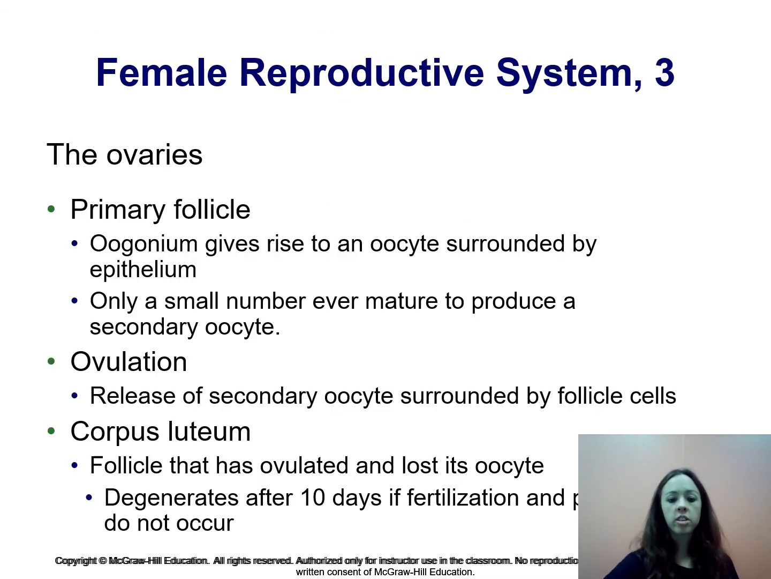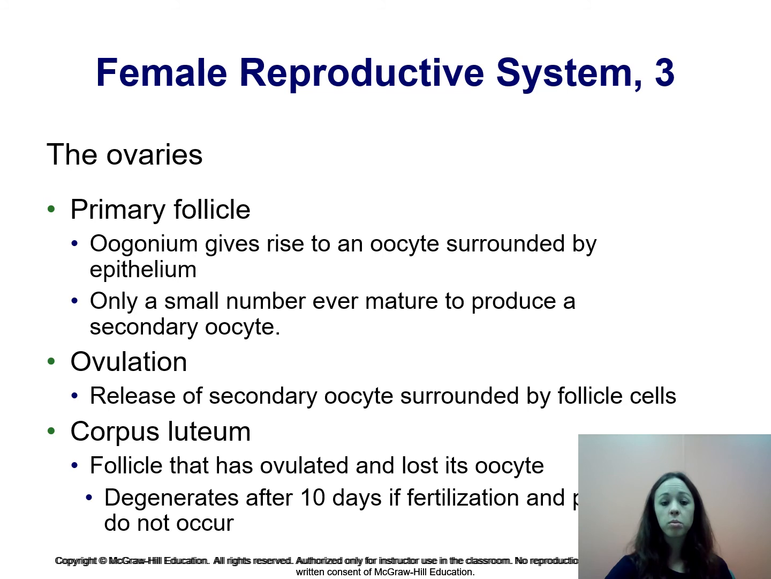The female version of meiosis is called oogenesis, which is where our oocytes come from. A girl is born with about 1 million different primary oocytes, but about 400 ever actually complete meiosis. The germ cell that gives rise to the primary oocyte is called the oogonium. After the oogonium turns into the primary oocyte,